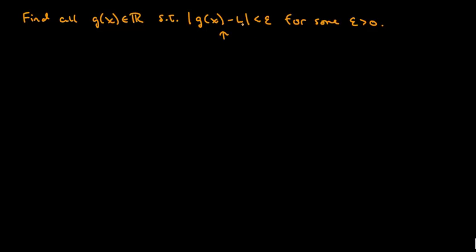So we have some fixed value L. L's some real number. Now it's not explicitly set in here, but it's understood. So we're looking for the distance of g of x and L, and we want that to be less than epsilon. So g of x is the guy that gets to vary. L is fixed, and for right now, epsilon, we're going to consider that a fixed value. So what this says, if we have a number line,